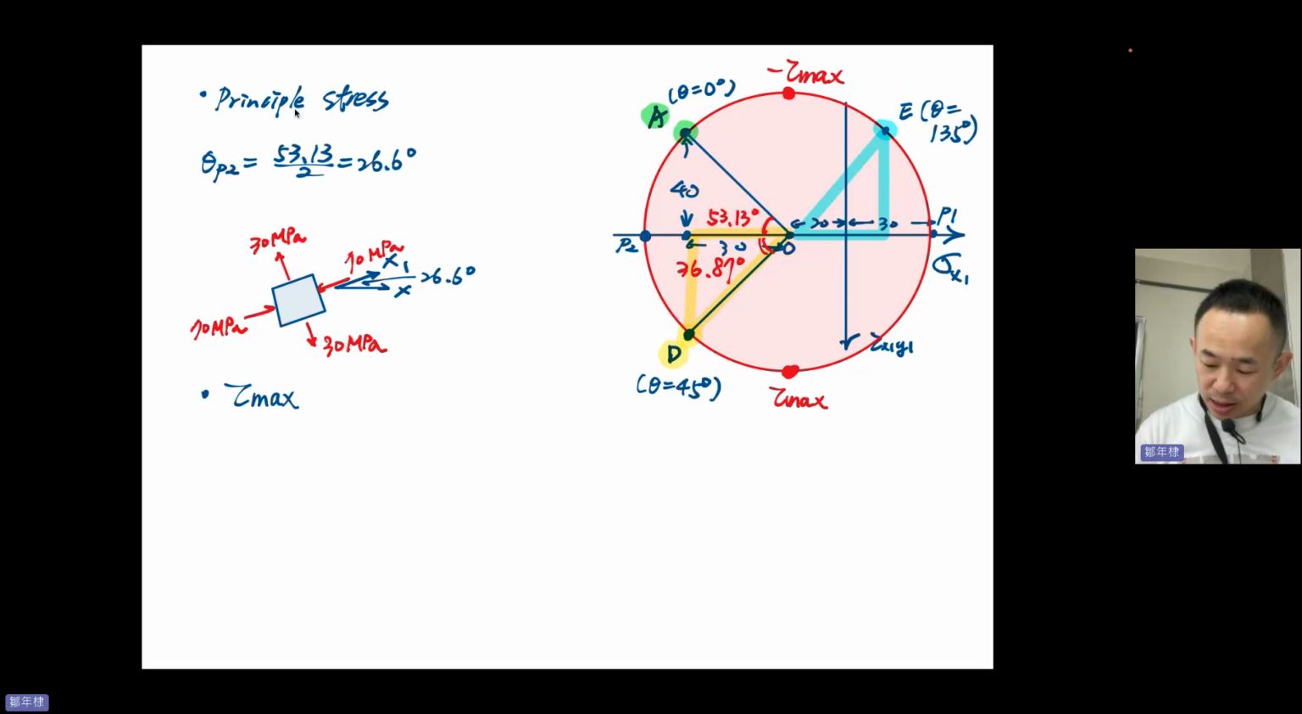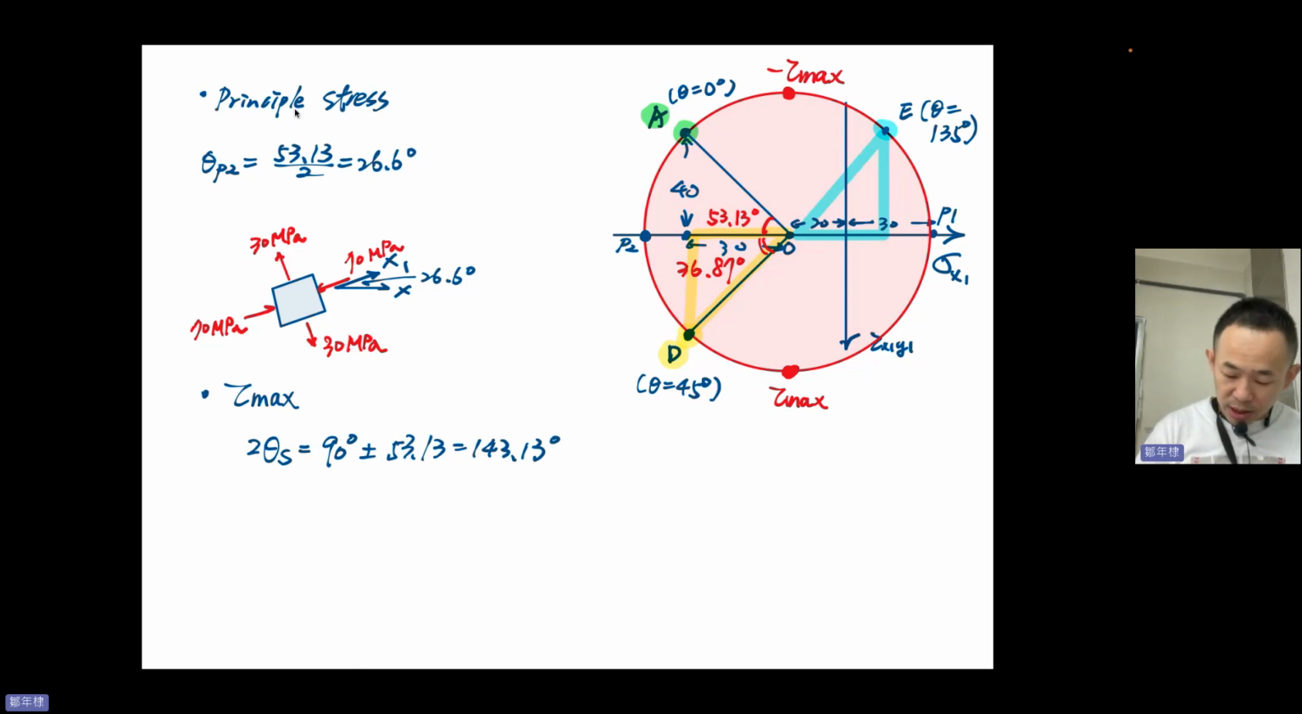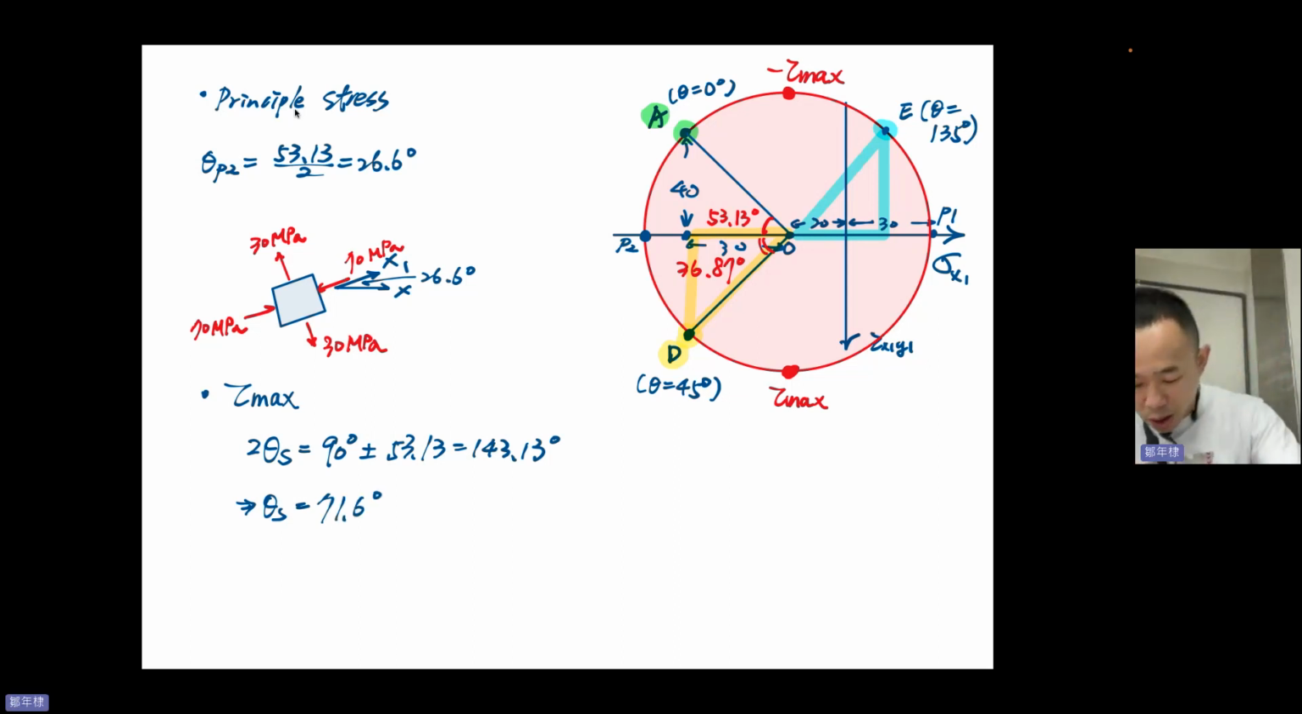of the theta s. Because in the circle world, 2 theta s equals 90 degrees plus 53.13 equals 143.13 degrees. All right, so your theta s is actually 71.6 degrees. Okay, 71.6 degrees, and then you can get a